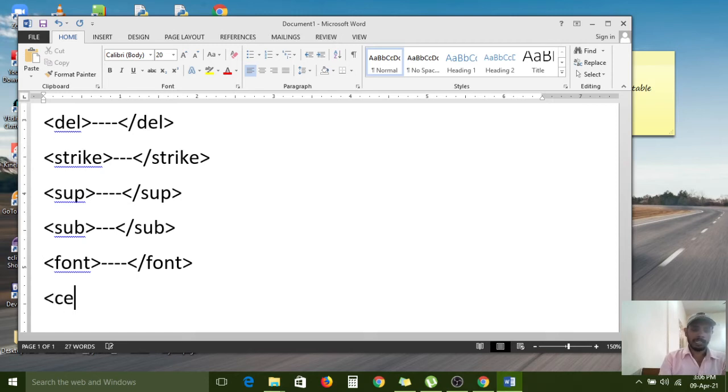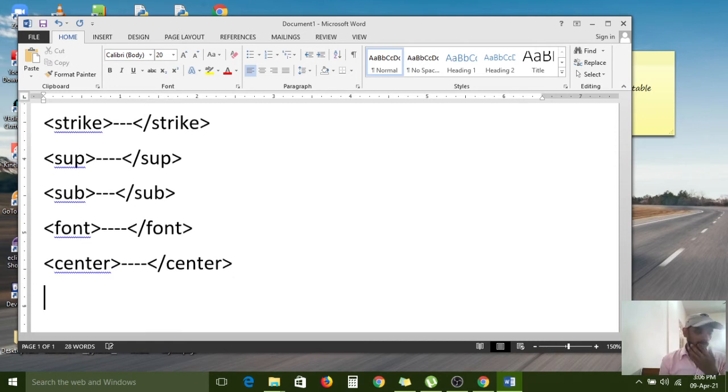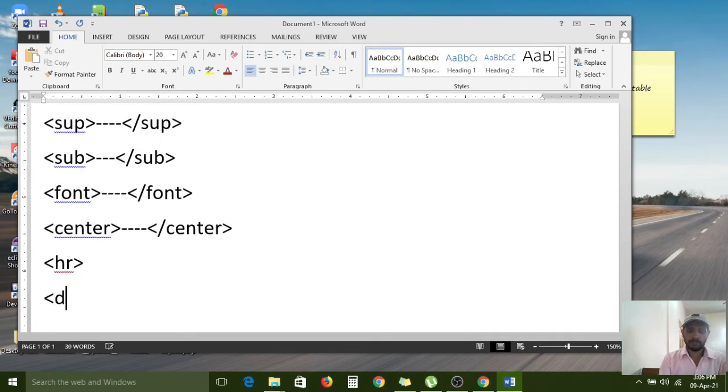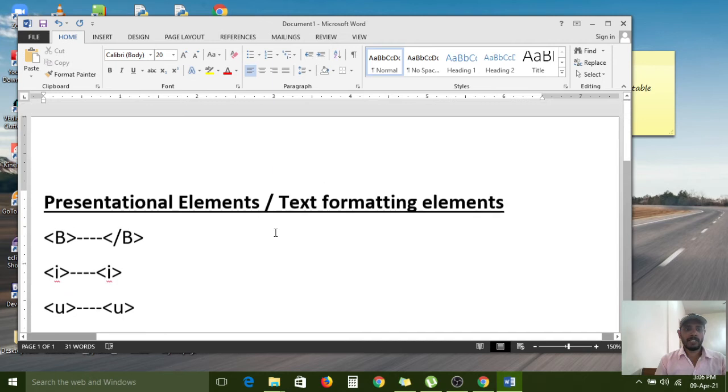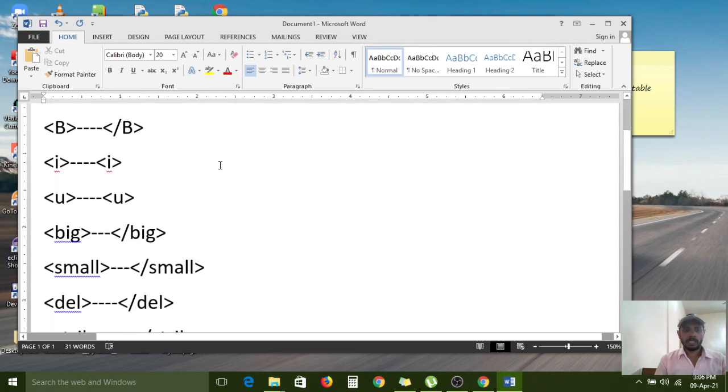Next, center tag, HR tag, div tag, span tag. These all are text formatting tags. Now let us understand one by one practically.